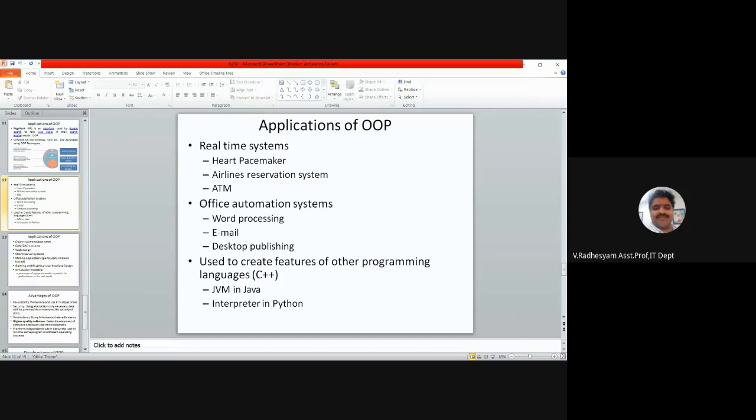We will use word processing. All these things are applications of office automation systems. And email, the front-end design of email, and desktop publishing. All these are applications of office automation systems, which are indirect applications of object-oriented programming.